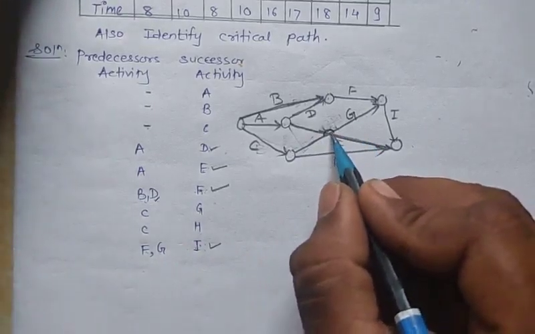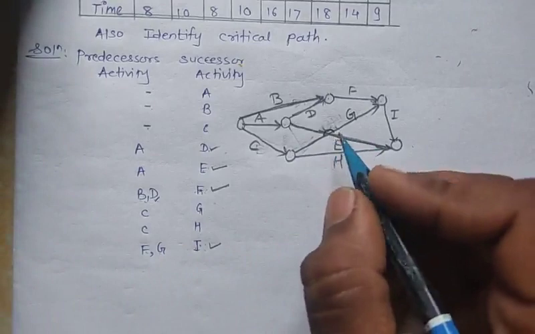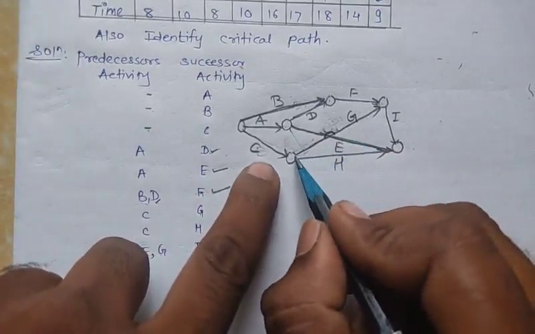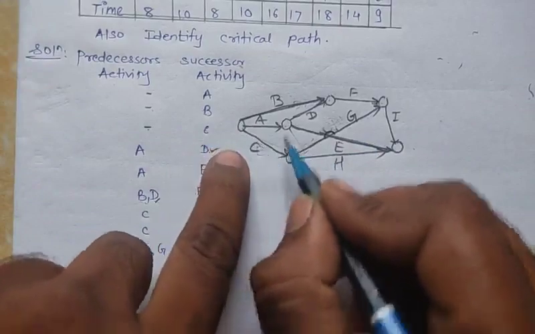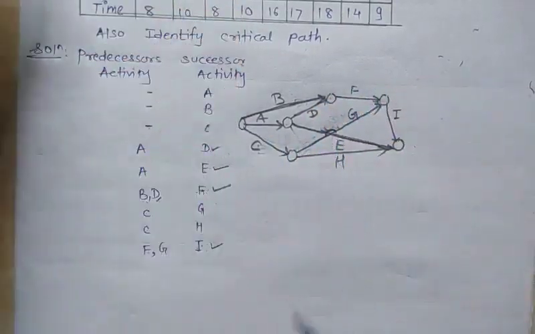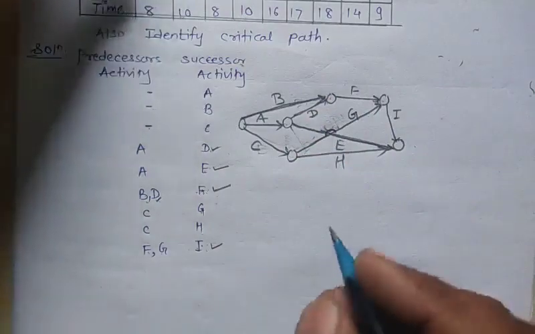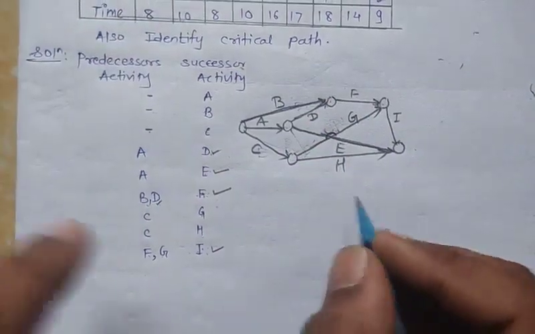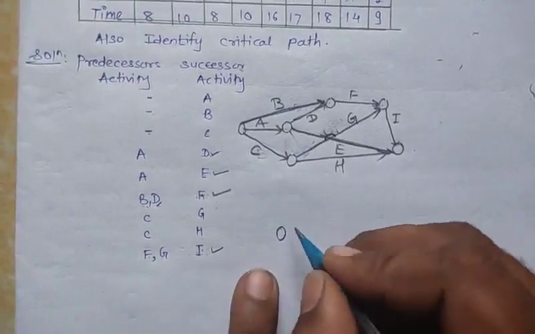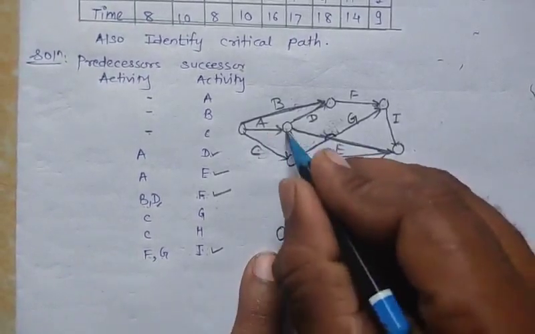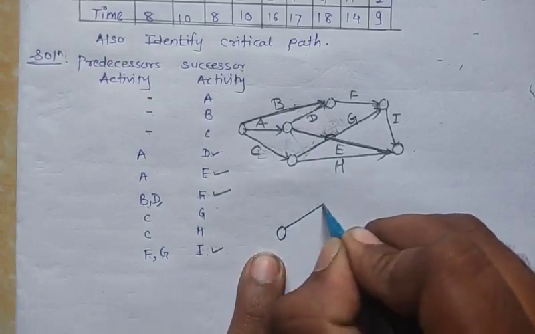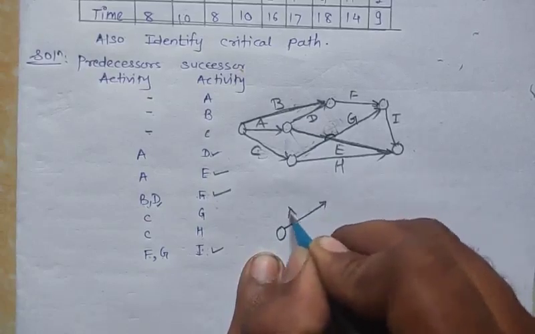Now to remove this bridge, so what can I do? Now to remove this bridge, I will take this activity above all the activities and rearrange the diagram. So its final diagram will be, so here first I will draw first activity. Now I will take suppose this point above all the activities. So here is A activity.